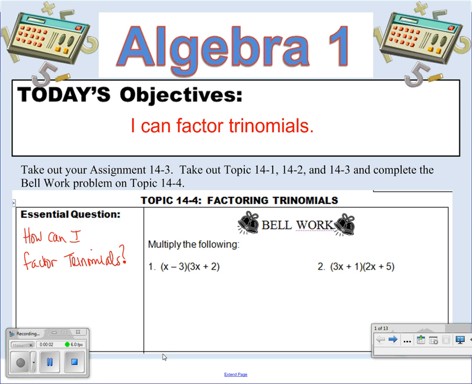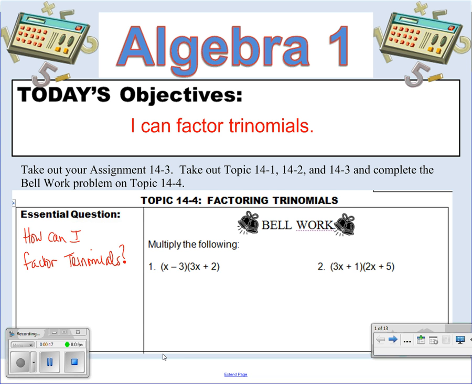This is a recording for topic 14.4, factoring trinomials. Our objective today is to factor trinomials, so our essential question is, how can I factor trinomials? We talked about factoring yesterday and how it was the opposite of multiplication, so our bell work today is going